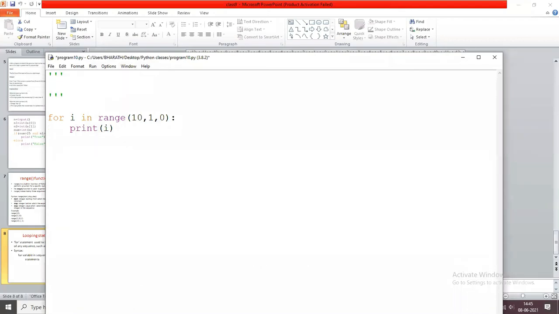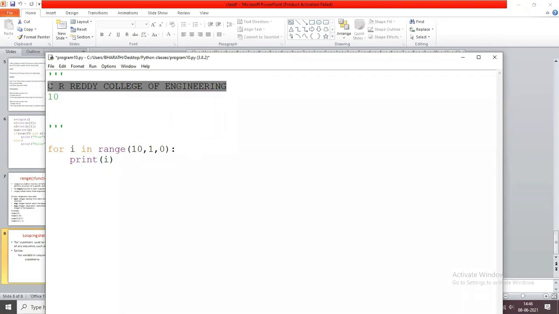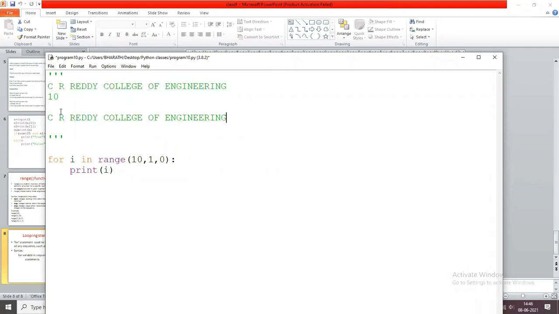For example, in the first line I am going to enter our college name, for example, CR Reddy College of Engineering. Next I'm going to read an n value. For example, I enter 10. If I enter 10, I'm going to print the college name 10 times, like this.